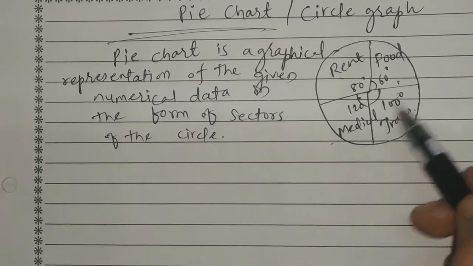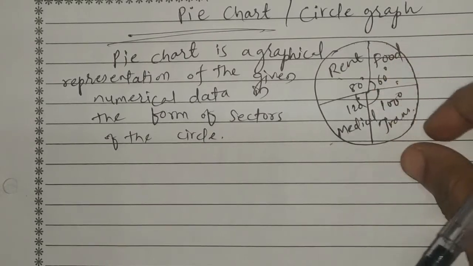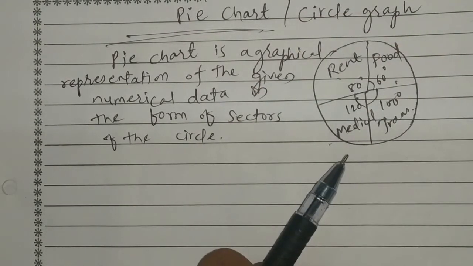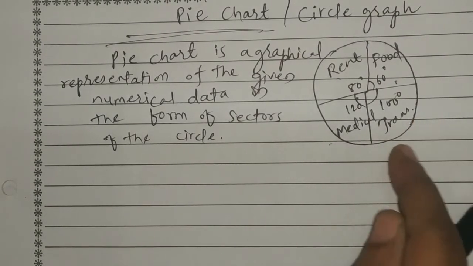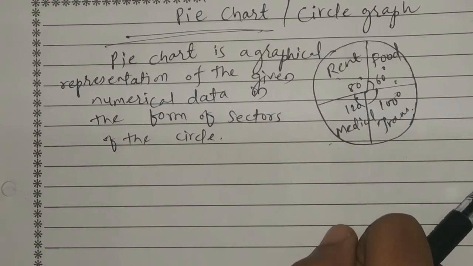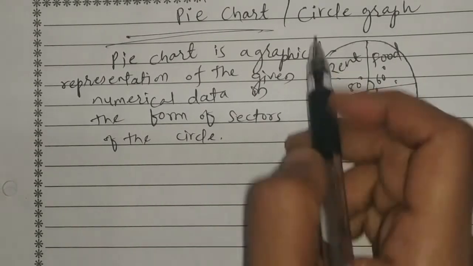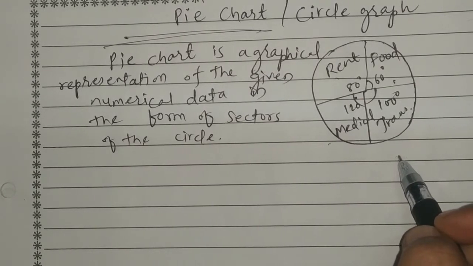You can imagine a pie chart as a pie and slices of pie are these sectors if you take an outlet like this. So when the data is shared among this circle graph or a pie chart, it is very easy to understand and we can easily read the data. So that's why this graphical representation is very famous for showing any kind of data.